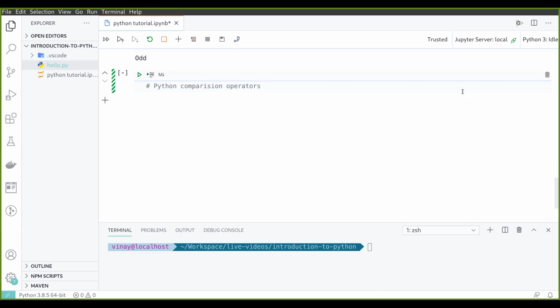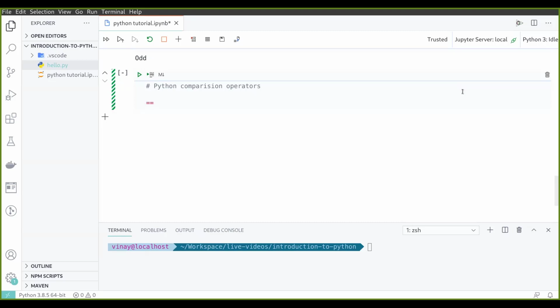So what are these? You must have heard about equal, not equal, greater than, less than, all of these things in mathematics. So these are very similar to that. One thing to note here is for Python comparison operators, the output will always be a boolean. So either it will be true or it will be false. So for example, there is this one operator that is equal. Another operator is not equal. So exclamation basically means not equal.